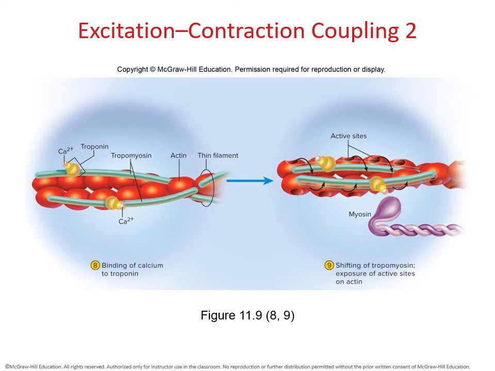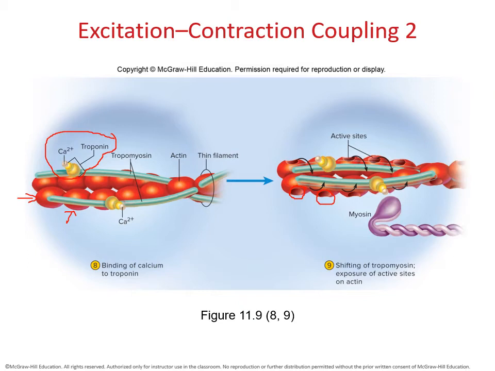Here you go. So once you have your action potentials coming down your T tubules, once you have your calcium being released from the sarcoplasmic reticulum, calcium starts flooding the inside of the muscle cell. Well, where's the calcium going? I hope that right now you're saying to the troponin, and you're completely correct in that. So remind yourself in part 1 how we talked about the fact that your thin filament is made out of actin, right? These little red structures right here, and they have a little active site. Look at these beautiful active sites right here. A little dip where the head of the myosin perfectly fits in.